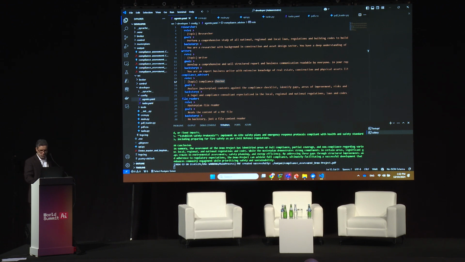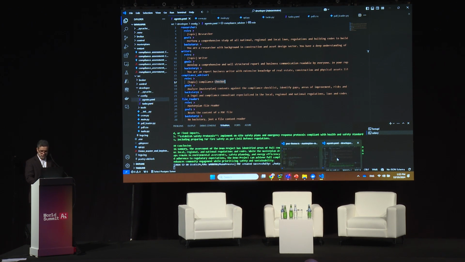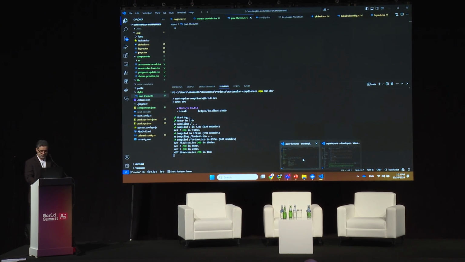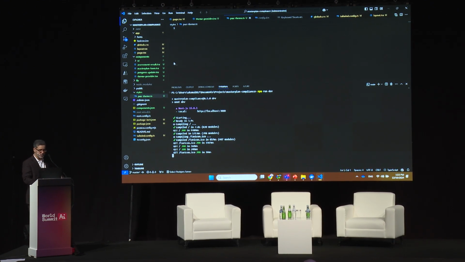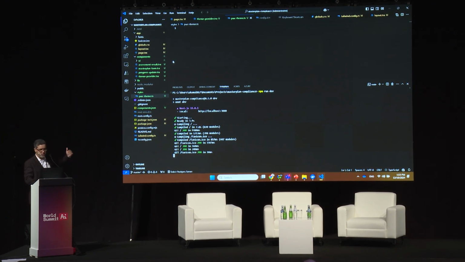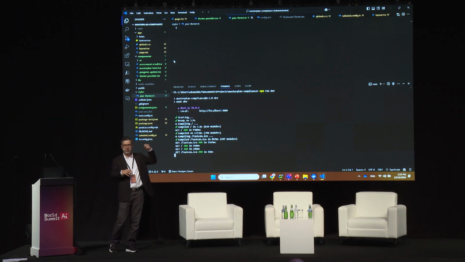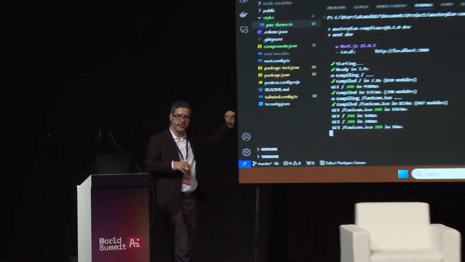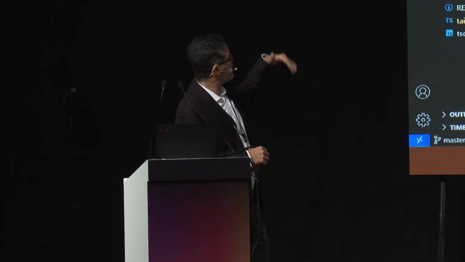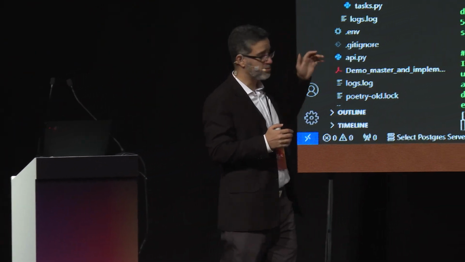Now, let me just give you a glimpse of the complexity of the app that it generated for me. You can see this is a React app, a Next.js app, which is React. It generated all the pages for me in this case. It generated a theme file because I said that I want to use the PWC theme. So it knows what the PWC theme is. It went online, found the PWC colors, and using the PWC colors, it generated a theme file for me. It generated the API layer for me as well, which is here. And it also added the task scheduler Redis components within this.